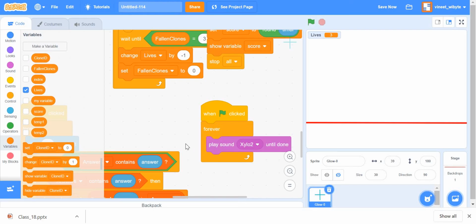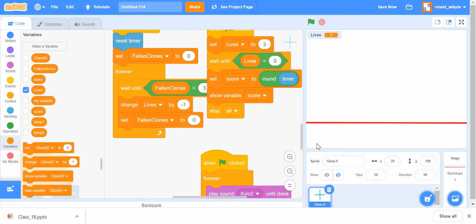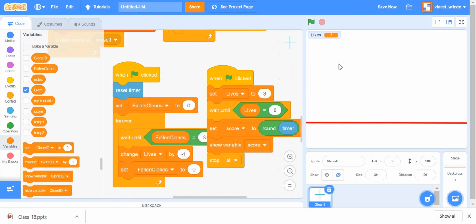And then, like I said, in the end, it's just a matter of coding these ending conditions, for which I use this red line as my guide. If the question goes and touches this, I end the game. But because it's three clones getting deleted at one time, I have to take care of that, and hence all these fallen clones. Otherwise, it's fairly standard.